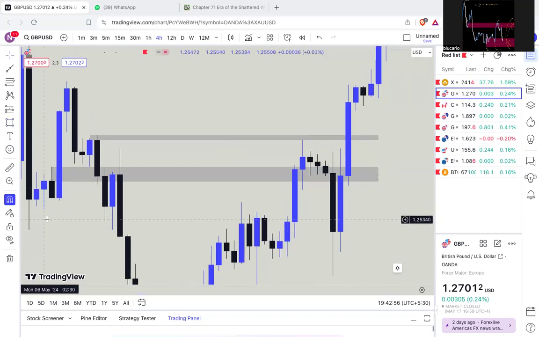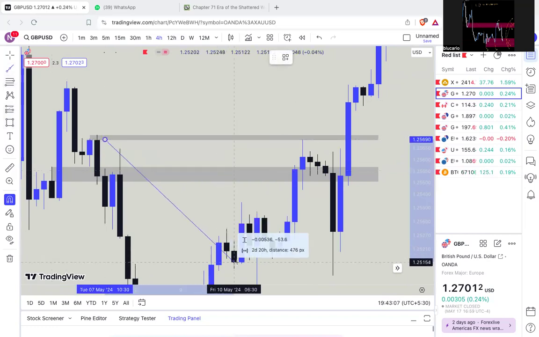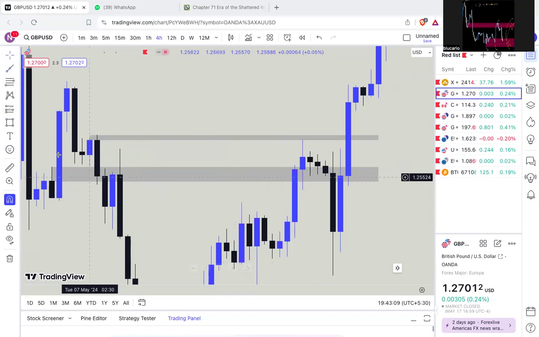Now, as you can see, we have two critical levels. If price does break this level, then it may drop from the engulfing sell from here. In such situations where the buy or the engulfing sell is formed above this level, we should also mark the critical level of this.